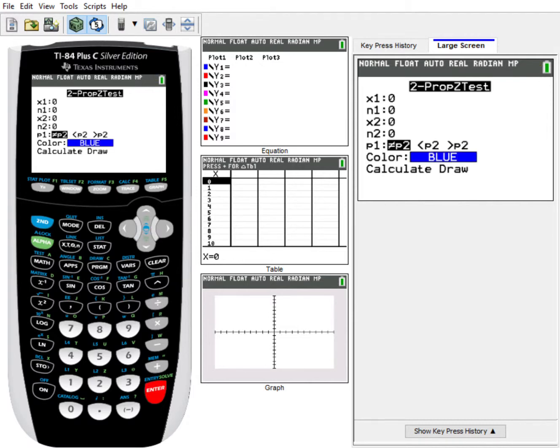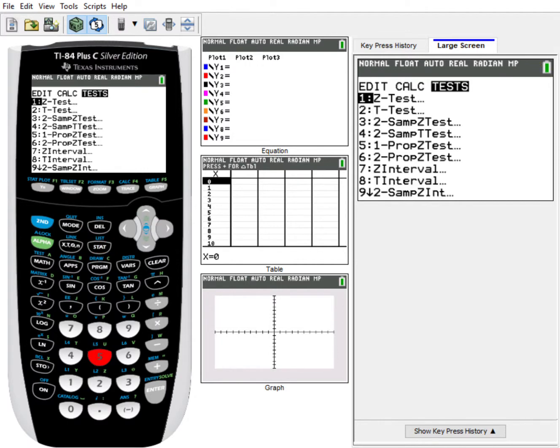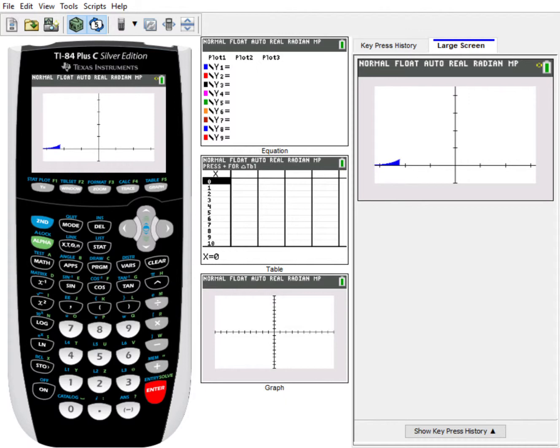If I go back to this test, and instead of calculate, I will ask to draw. What it actually does is draw out how big the tails are. It shows you the p-value of 13% that's split up into two pieces of about 6% on each side. So if you find this picture convenient, the calculator actually does it for you. I'm going to quit this menu,